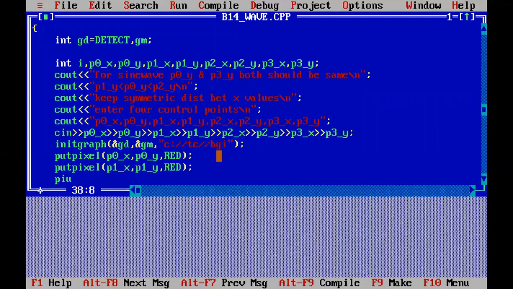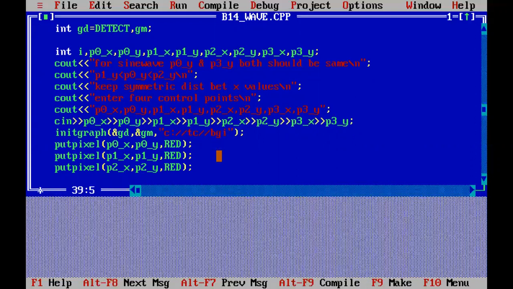Then put pixel p2x comma p2y and red. Put pixel p3x comma p3y and red. Okay, so F2, we'll save